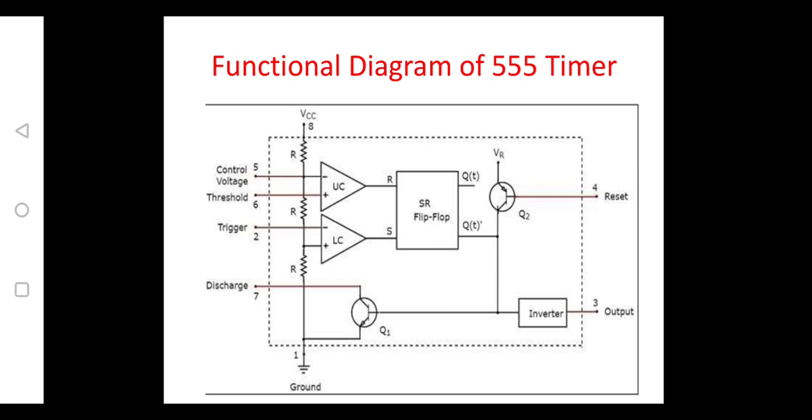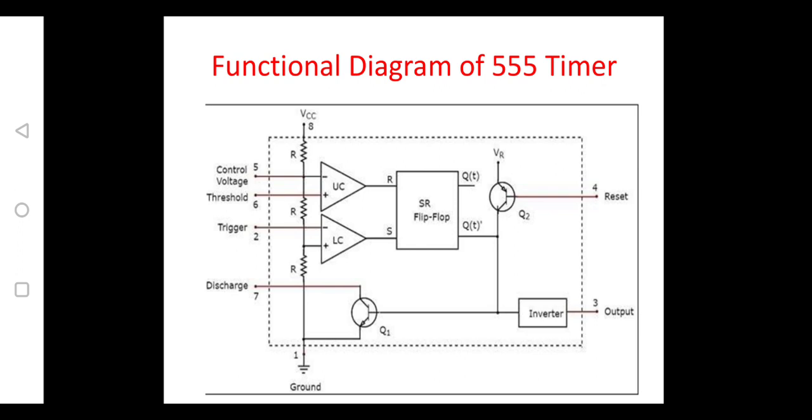This transistor is connected towards the inverter as well as Q1. So whenever the transistor is on, automatically it turns on the Q1 transistor, and this 7th pin should be connected towards the capacitor over here. As there is no capacitor over here, let me assume that the control voltage which we are applying over here